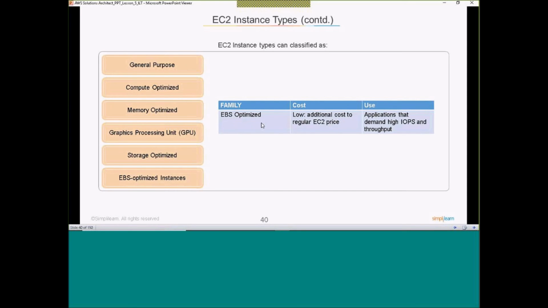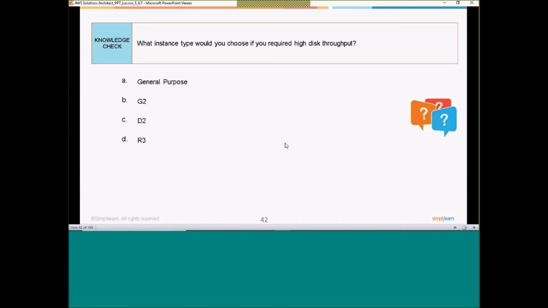Okay, EBS backed, EBS optimized. There are different types of EBS, and each type gives you a different IOPS, right? So it is again about storage. So we have different types, and I showcased the demonstration also, where it is highlighted and how you can choose that. Now coming to the knowledge check, let's do it, and then we will go back and see whether the AMI is active. Yeah, answer this question.